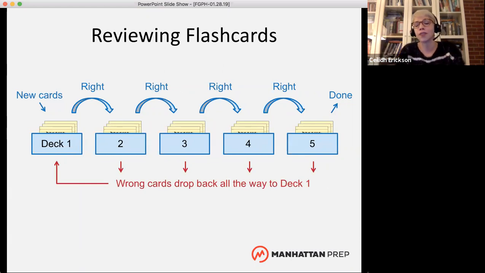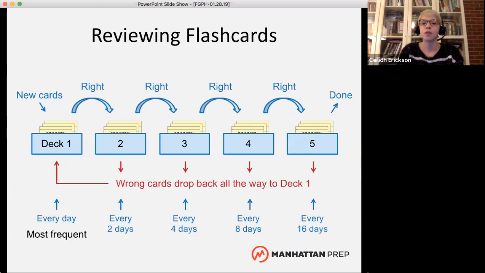Honestly, I think 5 decks might be a little excessive. I think you could do this with 3. But the idea is you space that out. It's this principle called spaced repetition. Frequently at first, and then give yourself a week, and then 2 weeks, and then 4 weeks between when you've seen a given flashcard, so that you're really stretching your brain every time to see if you can translate and